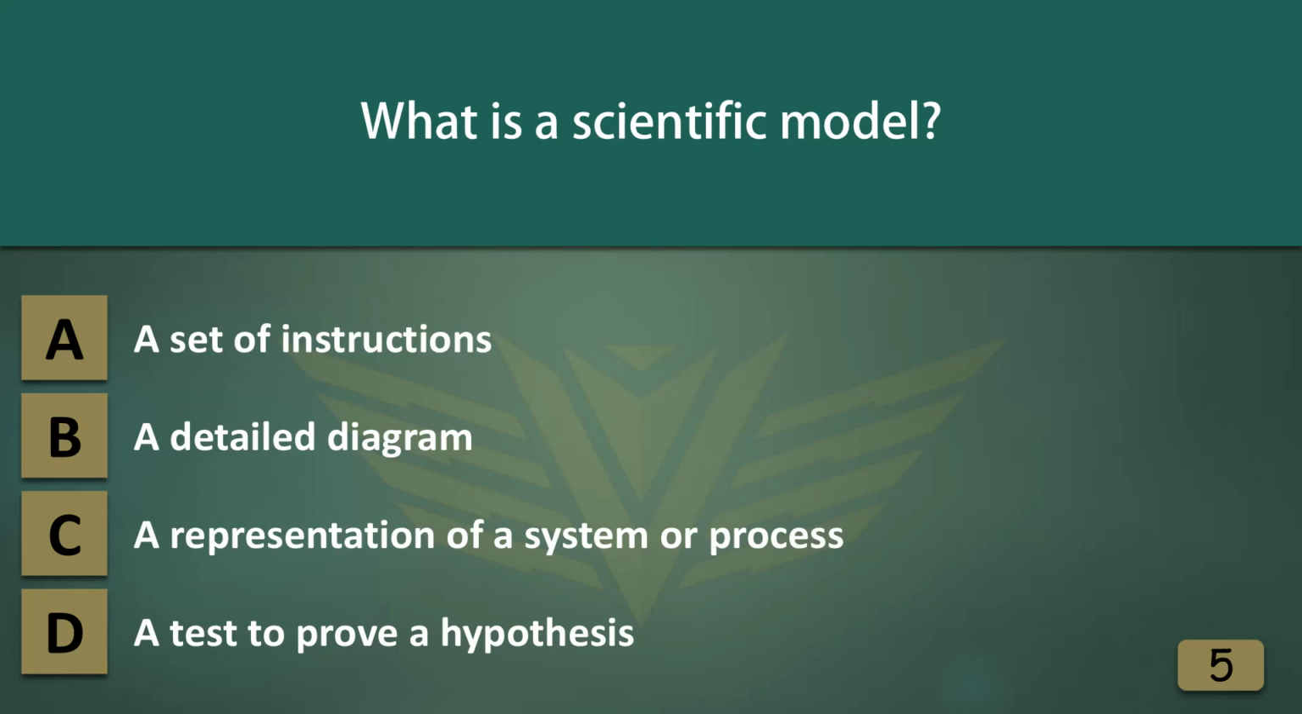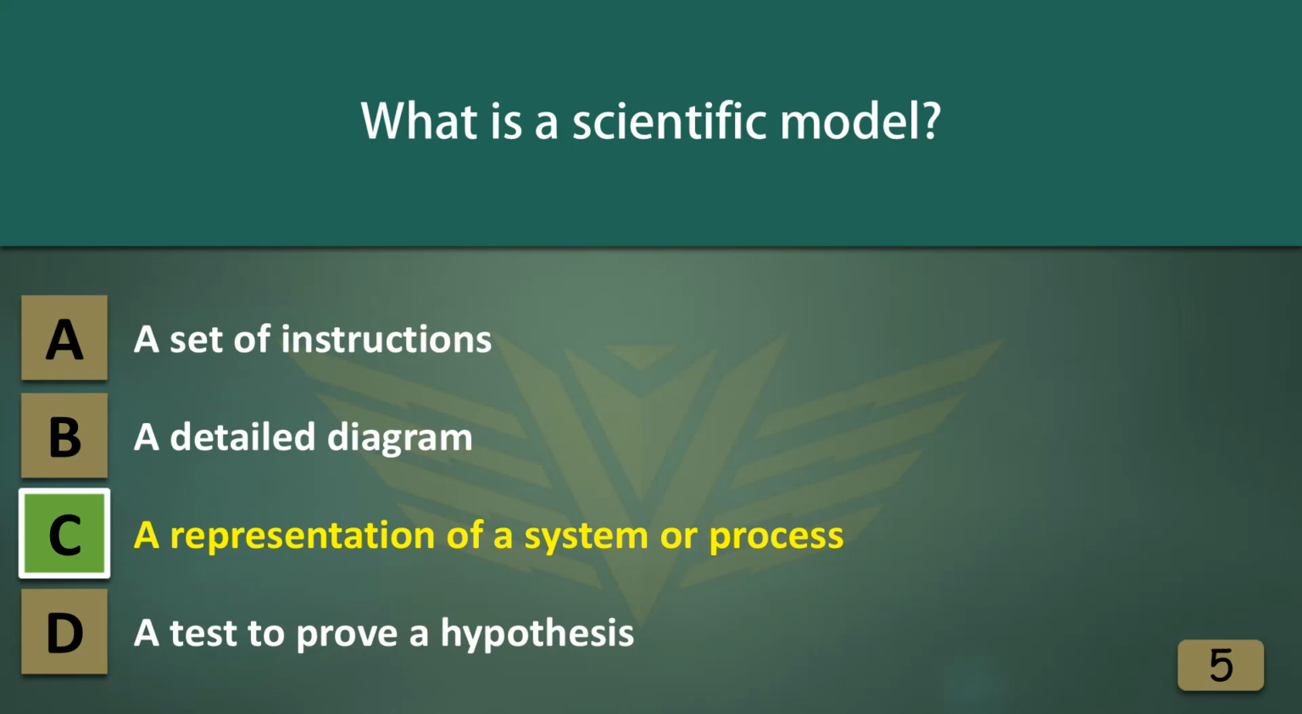A. A set of instructions. B. A detailed diagram. C. A representation of a system or process. D. A test to prove a hypothesis. The correct answer is C. A representation of a system or process. A scientific model is a representation of a system or process that can help scientists understand and make predictions about